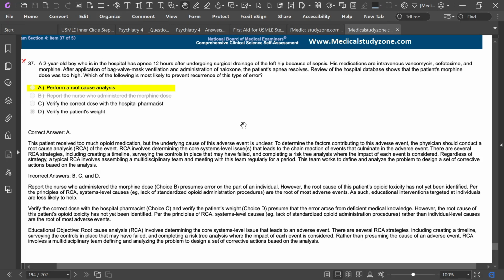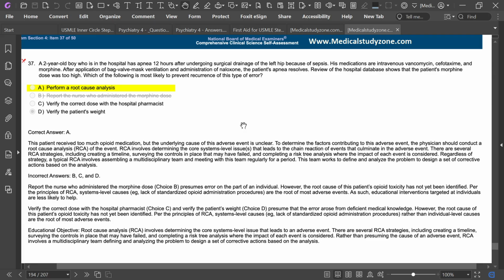To determine the factors contributing to this adverse event, the physician conducts a root cause analysis of the event. Root cause analysis involves determining the core system-level issue that leads to the chain reaction of events that culminate in the adverse event. There are several RCA strategies, including creating a timeline, surveying the controls in place that may have failed, and completing